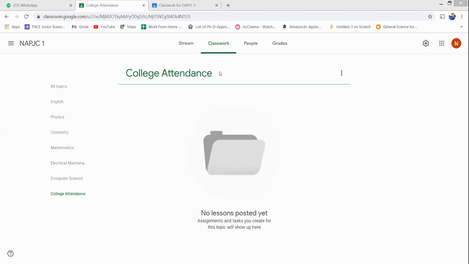Now your UT paper can be in the form of a Google form. Even that Google form will be under Google Classroom. That means whatever exam you have to attend, you attend through Google Classroom.